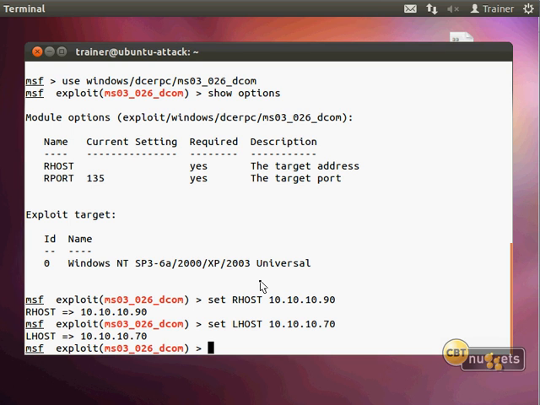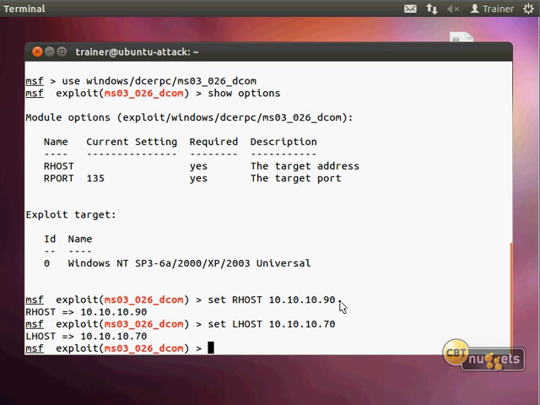Now what I need to do is set the payload. This means that, yeah, I want to run whatever this exploit is right here, but when it runs against this destination, well, then what? Does it blow up? Does smoke start pouring out of the top of it? Does it shut off all the cooling fans inside? What happens with this thing?